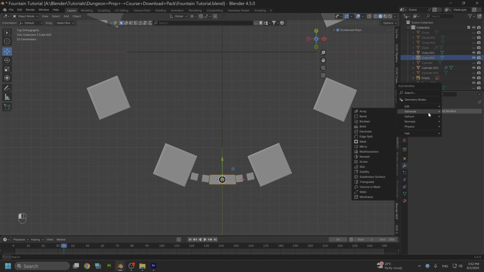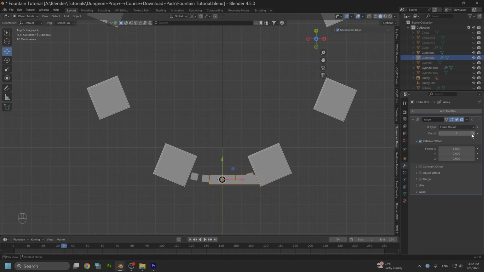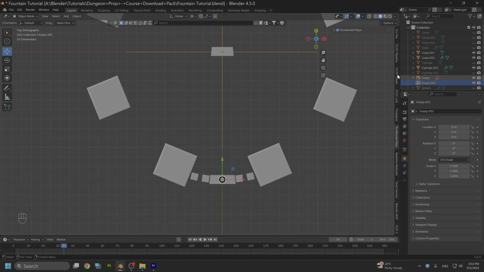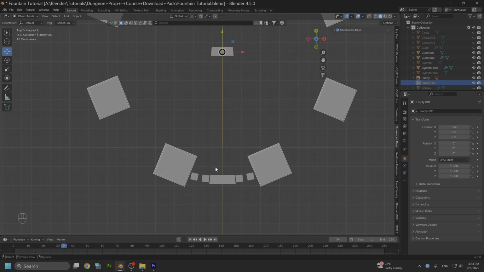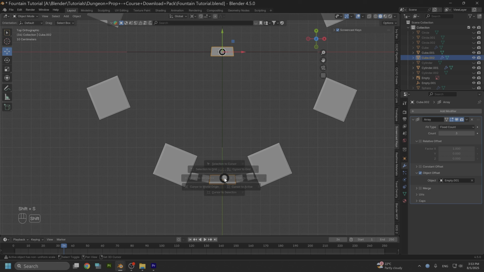And now we're going to add array. We need 3 pieces for this array. Turn off relative offset, turn on object offset. With the eyedropper we choose this empty. Now select the empty, and cursor to selection. Now select back the railings, Shift and S, and origins to 3D cursor,